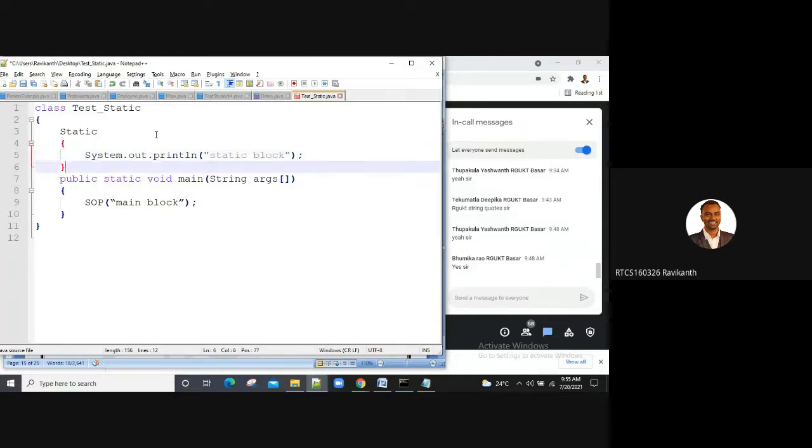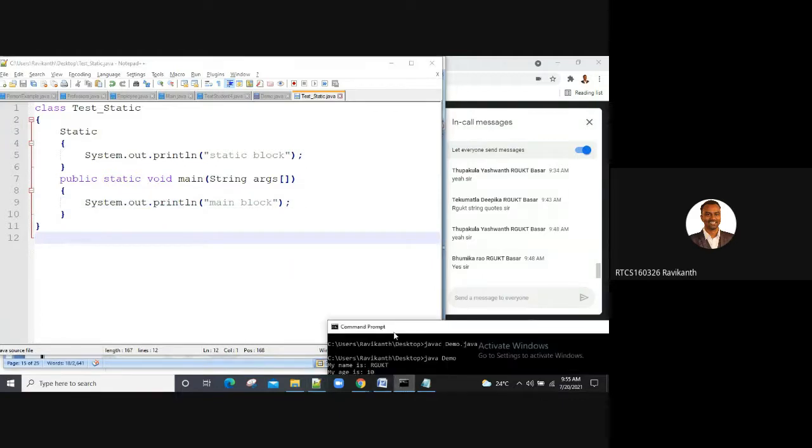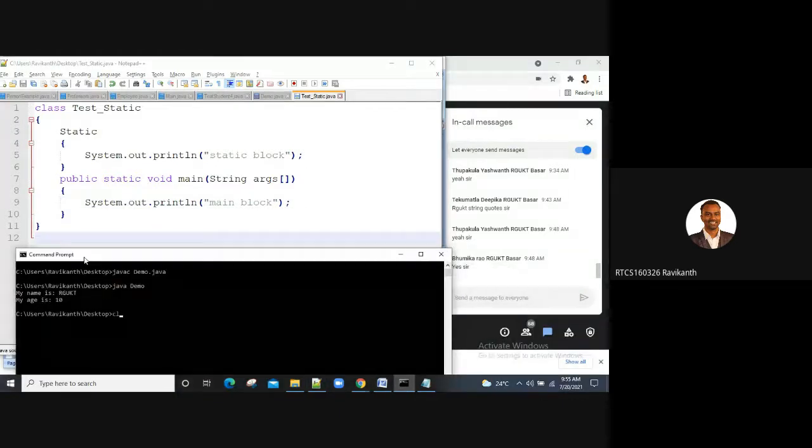So let's see which block is going to get executed. Will it execute the main block or the static block? Which block is it going to execute, guys? Main block or static block? What is your output? Come on.